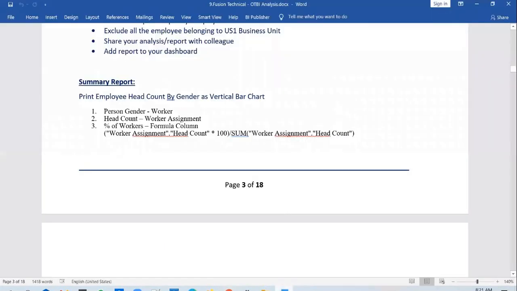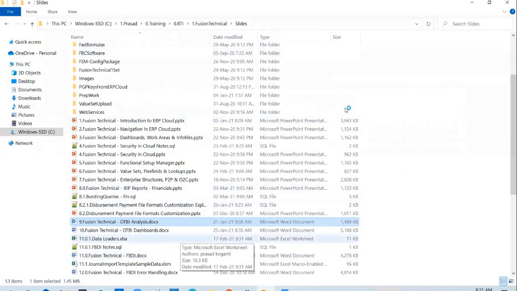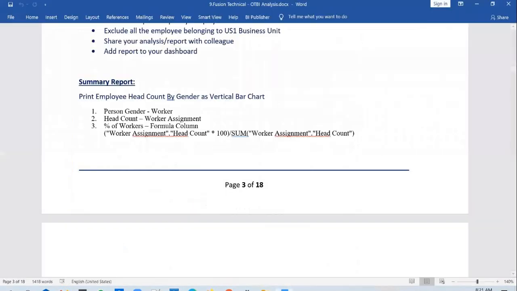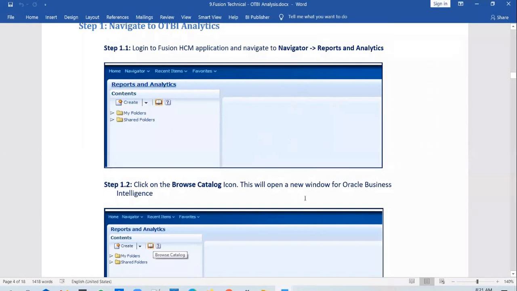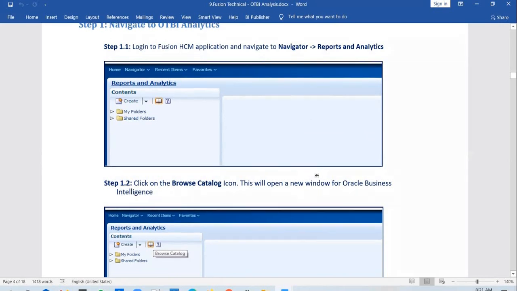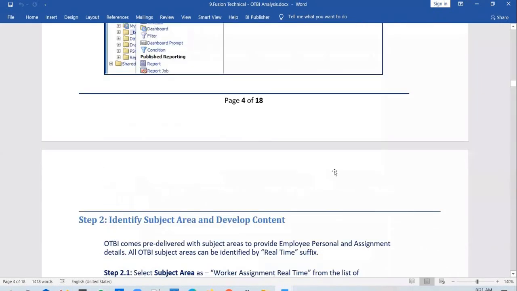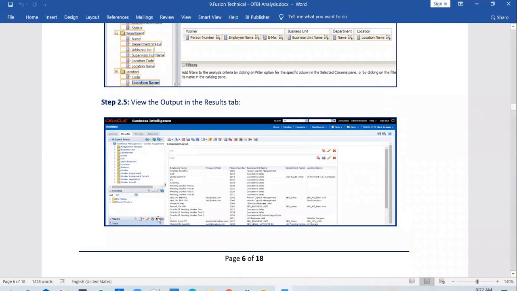And moving on to dashboards. So in this analysis document, OTBI reports, I've given the screenshots as to how you can create a detailed OTBI report, and you can follow similar instructions for building a normal OTBI or a summary-based OTBI report as well. I've given the screenshots as to how to pick a subject area, how to build the layouts and all that stuff.